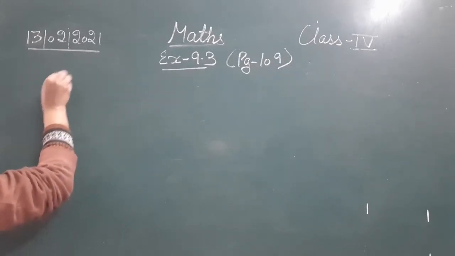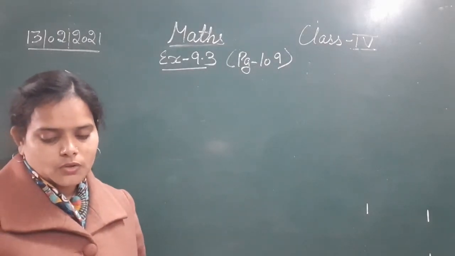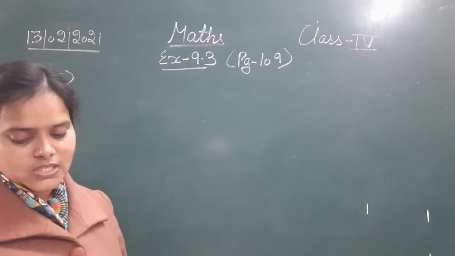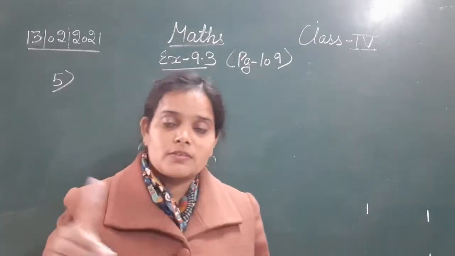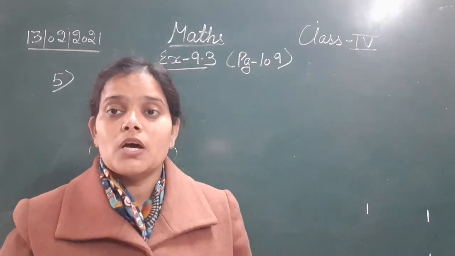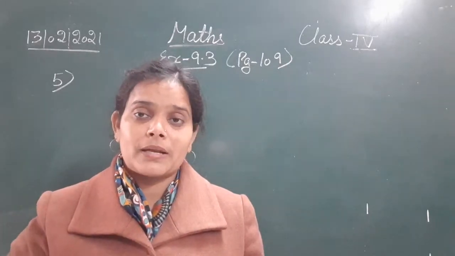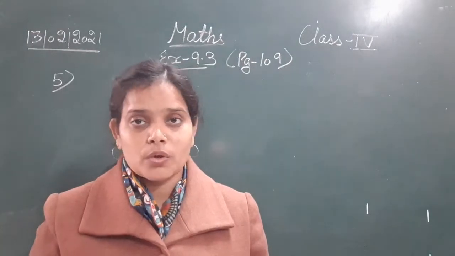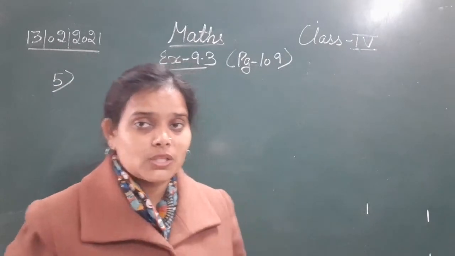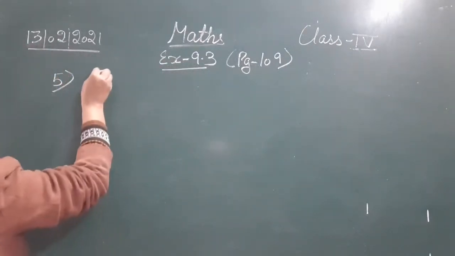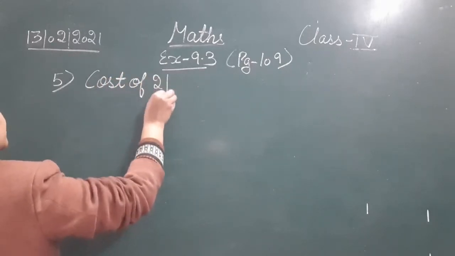So in sum number 5, first of all the cost of 1 pair of jeans is given and we have to find the cost of 2 pairs. So in spite of writing cost of 1 jeans, cost of 2 jeans and then multiply, we will just simply do the multiplication, like cost of 2 pairs of jeans by multiplying the cost of 1 jeans with 2. So we will use just a simple way. Not following that whole long method follow करने की ज़रूरत नहीं है. Okay, so देखिए लिखिए cost of 2 pairs